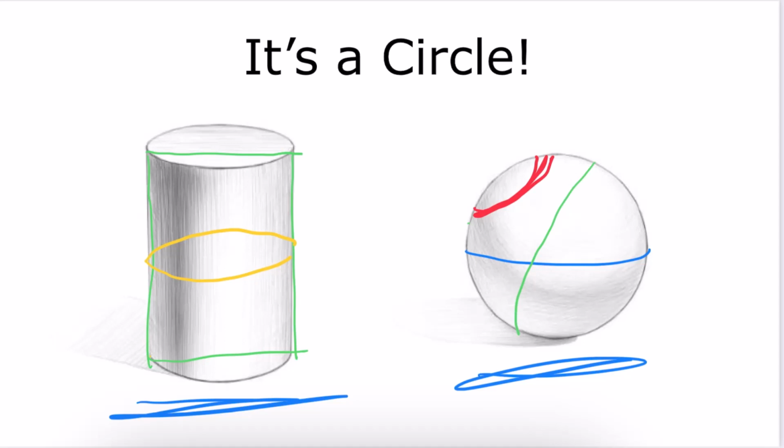Another way that a student could see this exact same thing, so kind of to summarize, you have the students who said it looks like a can or it looks like a ball. Then you have the students who said that it was a circle and refined their answer to say that it's a rectangle circle or a circle. You might also have a student who says that a cylinder is like a circle with a whole bunch of circles stacked on top of each other. And in that case, they're actually understanding